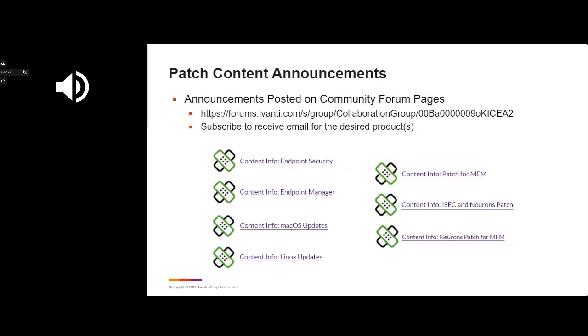Content announcements, again, if you're running one of our Ivanti products and you're not already on them, this keeps you up to date on what we'll go through later. We call it the in-between the Patch Tuesdays, but we're releasing content nearly every day of the week, every week. So this is keeping you up to date on those content streams. Many of those are non-security related, but several of them are security related as well. And we'll recap some of the recent security related ones towards the end. But these content notifications give you a notice every time one of our content streams updates. So you subscribe to the ones that mean something to you, and you get to keep up to date on that and know if there's something you may want to take action on.